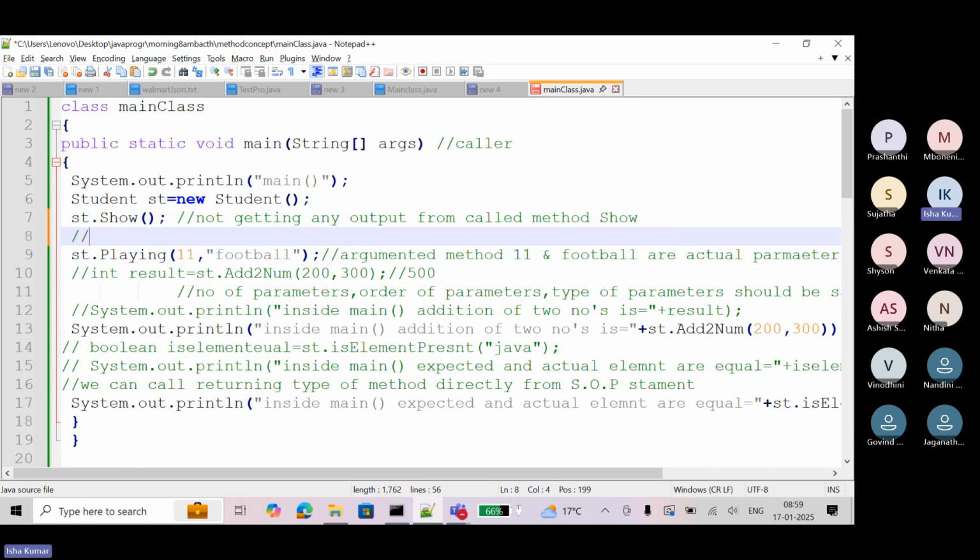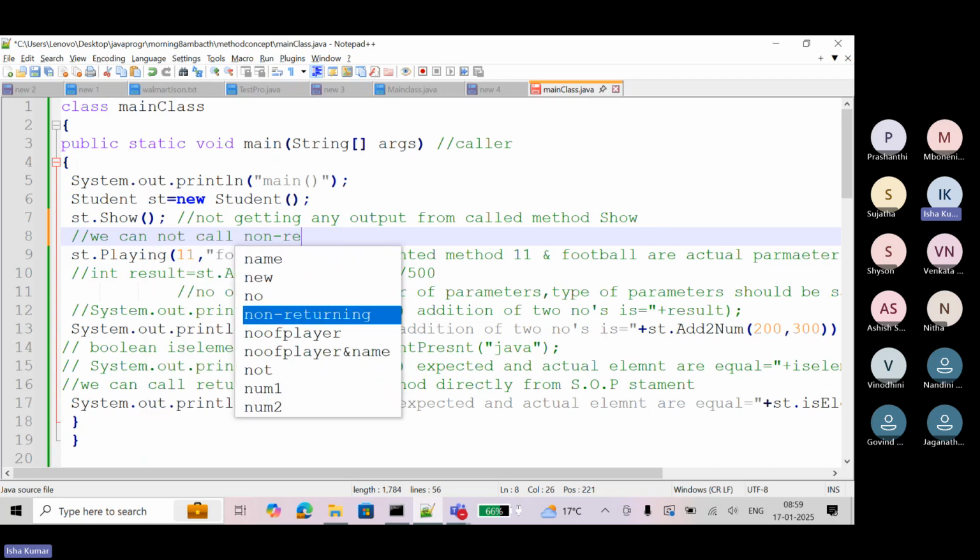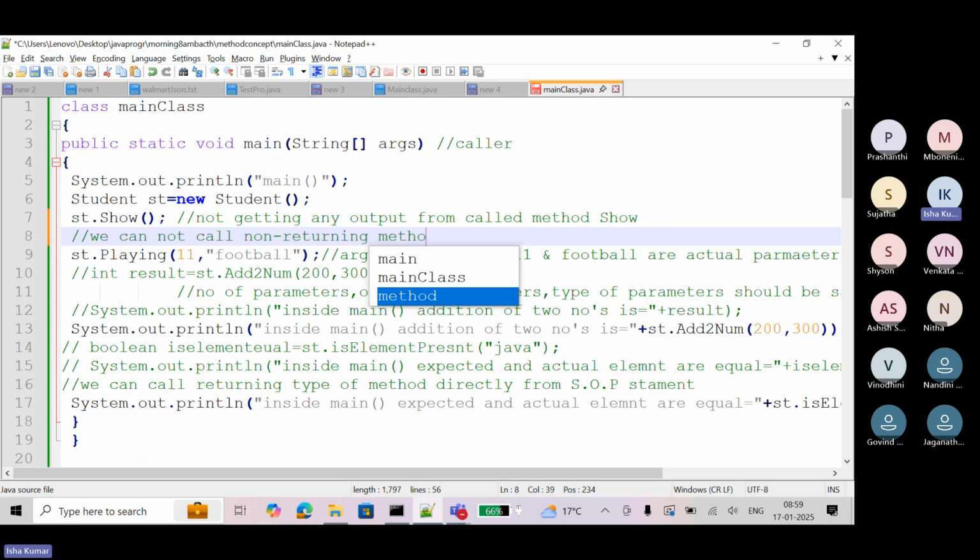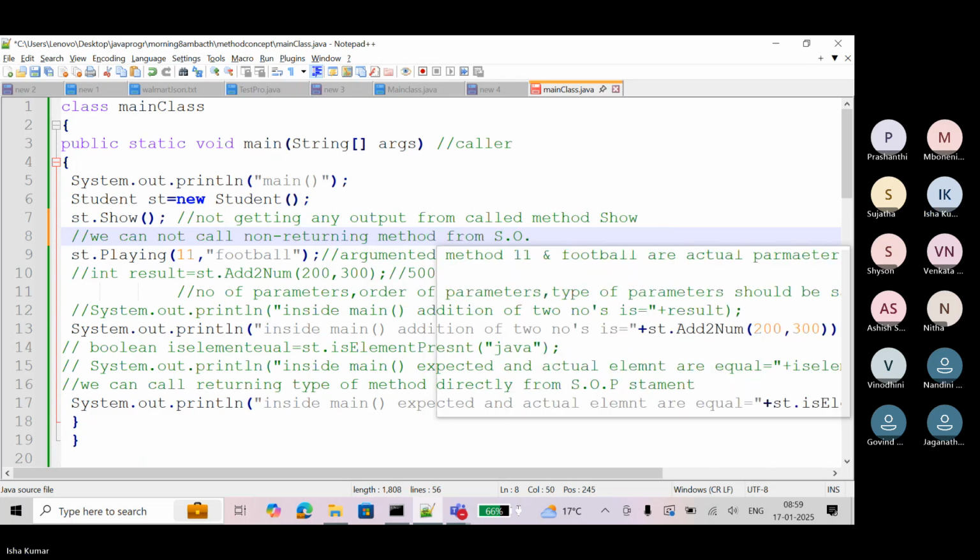So the answer is, we cannot call a non-returning method from an SOP statement. Why? Because this method is not giving any result to the main method, right?